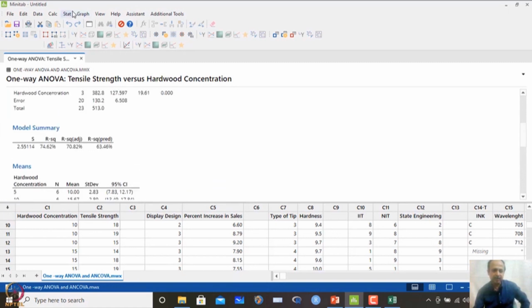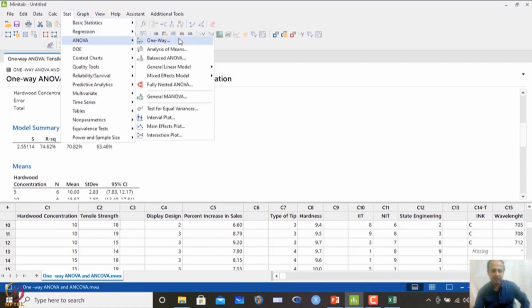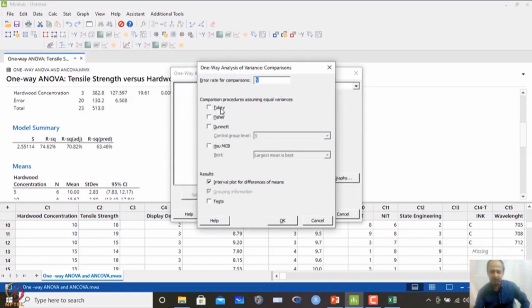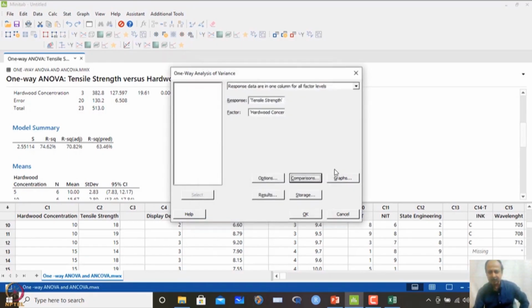And then what we have to do is that I go to stat, what we wanted to do is multiple comparison. So, I go to comparison test over here and I go to 2 case test over here. I do not see any other test, what we will adopt only 2 case test over here. There are other tests which can be used, but I am using only 2 case test. So, grouping information, this is a very robust test, 2 case test like that. So, grouping information is important for us, and then we will click OK, and we will not change any other